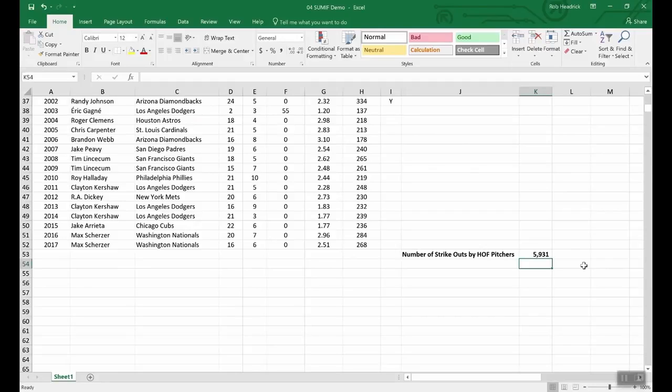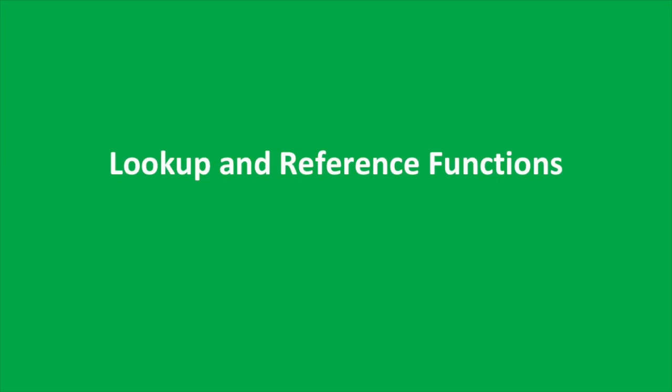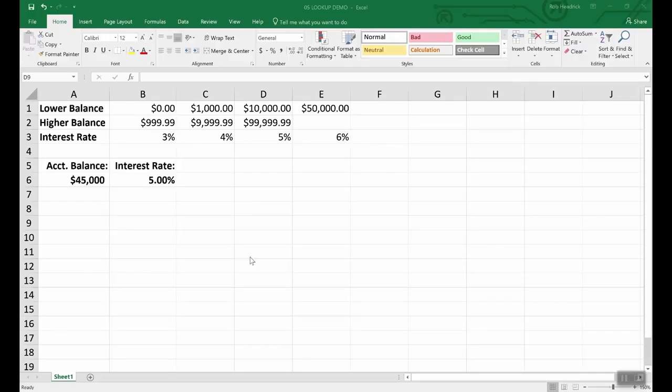So that wraps up our quick look at statistical functions. Now we're going to move on to a really cool set of functions called lookup and reference functions. The lookup and reference functions are designed to ease the finding and referencing of data, especially in large tables. We're going to start at the specific function called lookup, and to give you an overview of how it works,